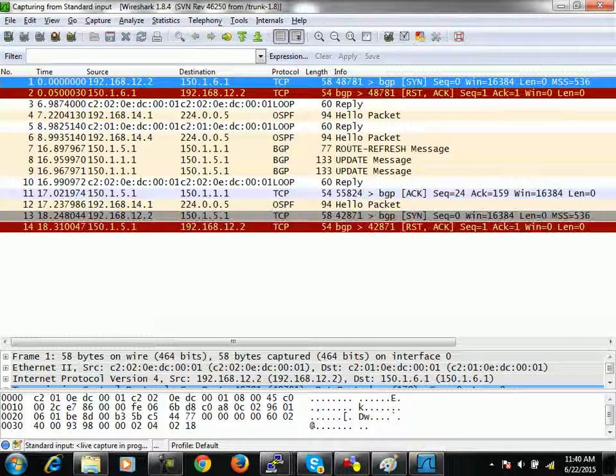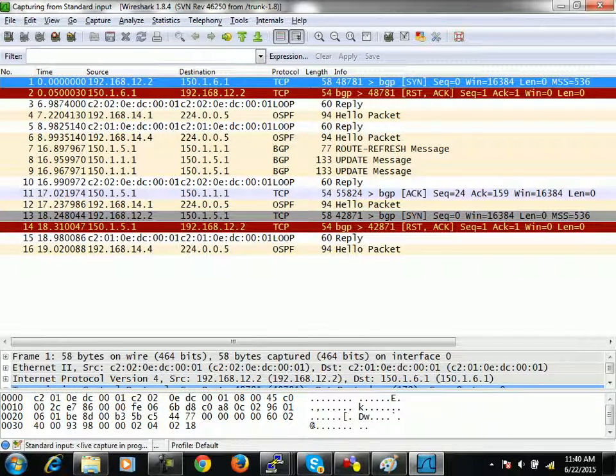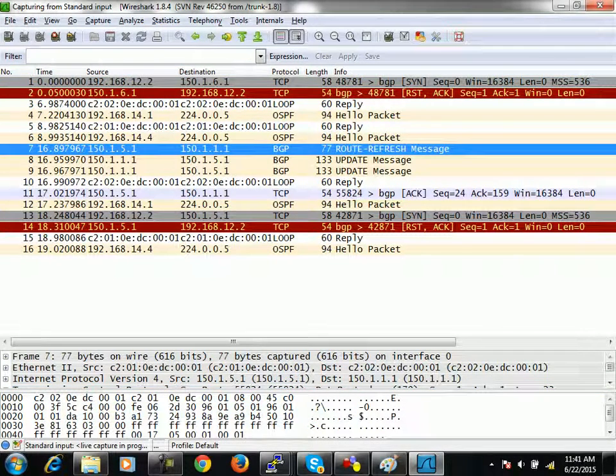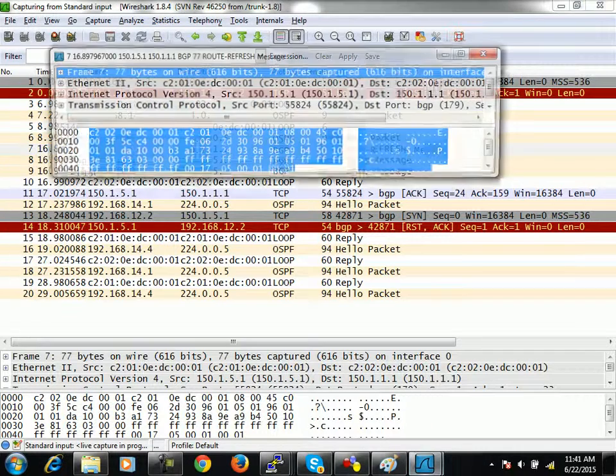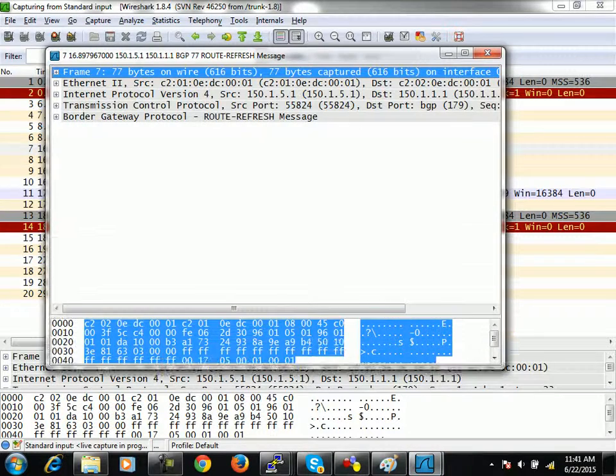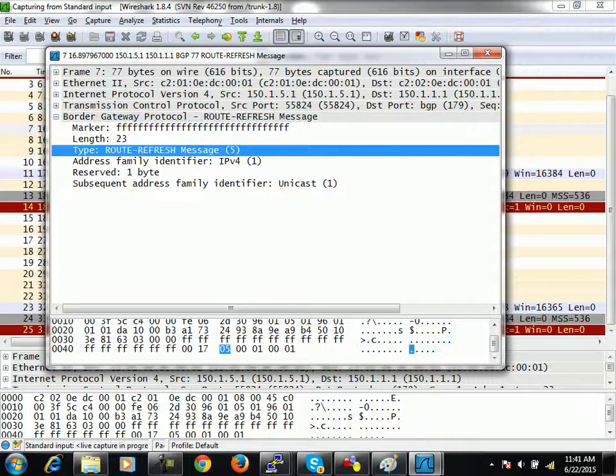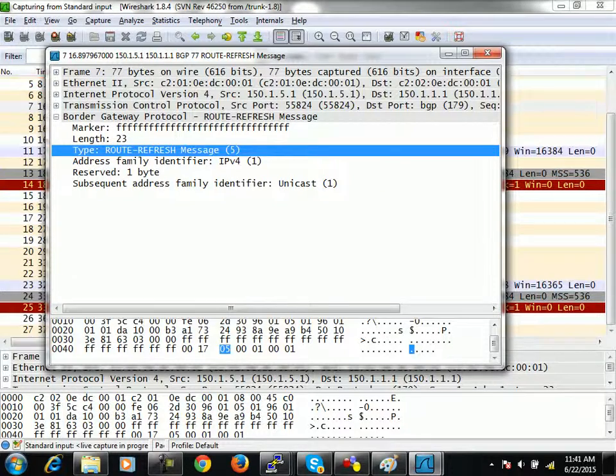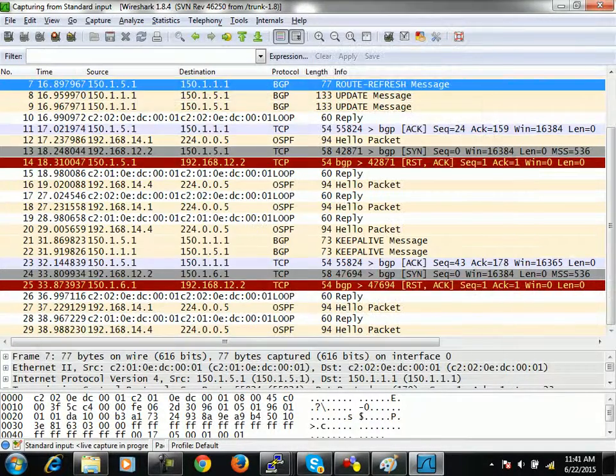So it has to retransmit the update. This is the route refresh that came from R5. Route refresh messages came from R5. See, route refresh type is what? 5. This is forwarded by R5, and then the update is given by,